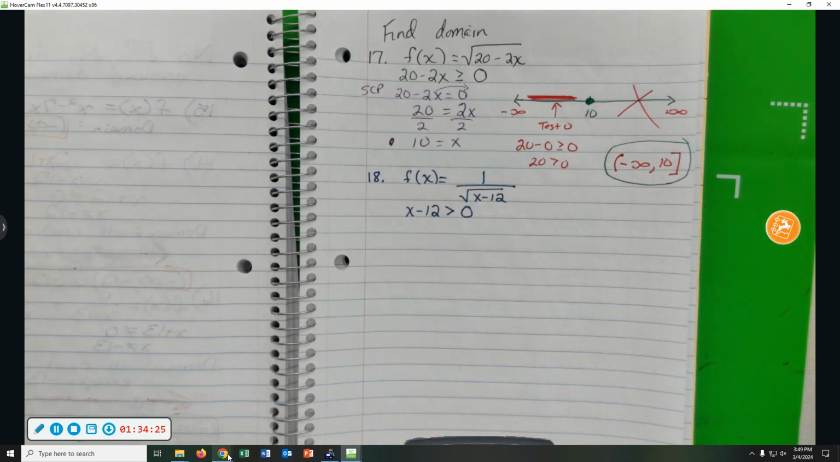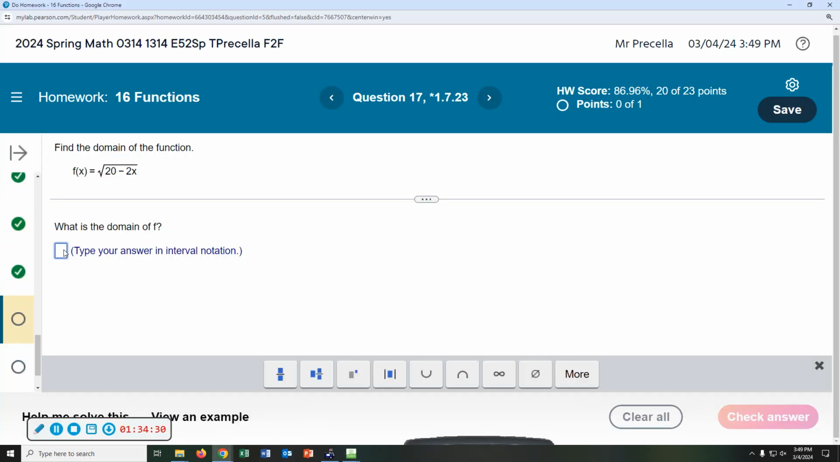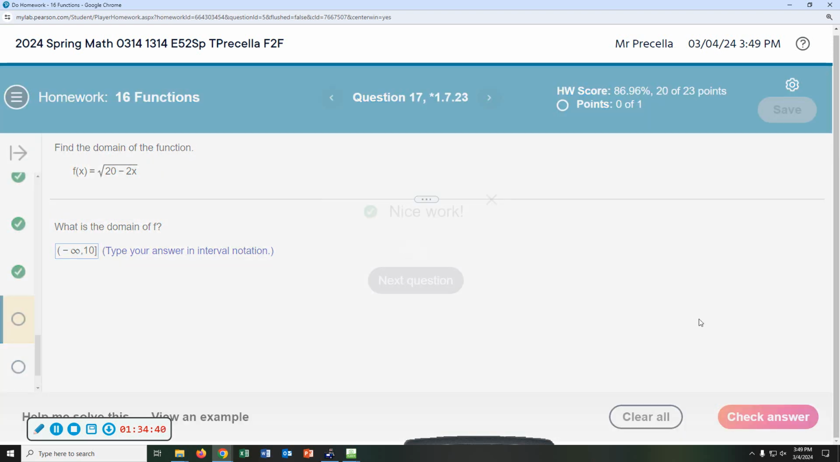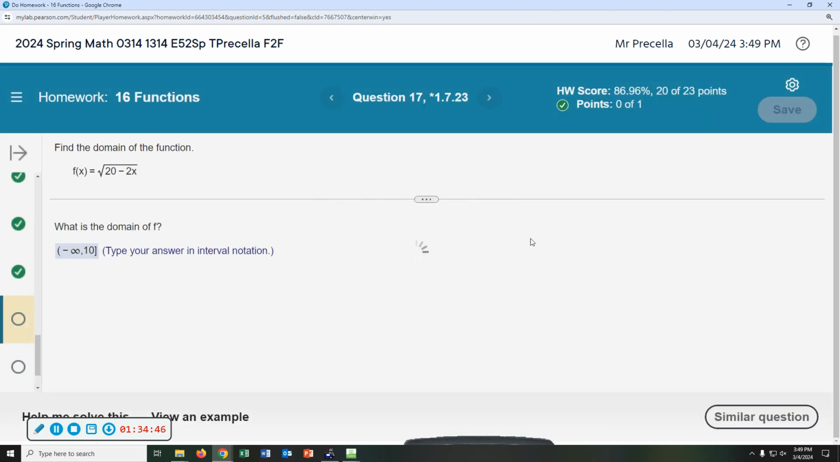Now, this one is not multiple choice. Click: left parenthesis, negative infinity, comma, 10, bracket. So that means every number to the left of 10, including 10. If this were on Dr. Kirkendall's final test, he would have wanted you to write all numbers to the left of 10,